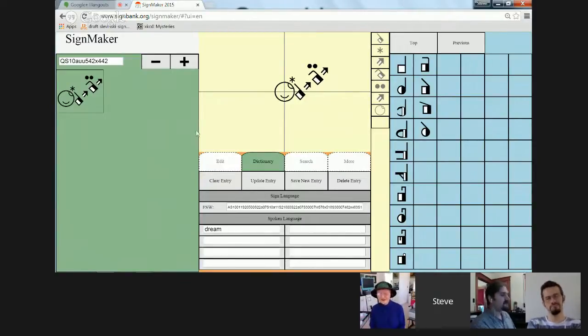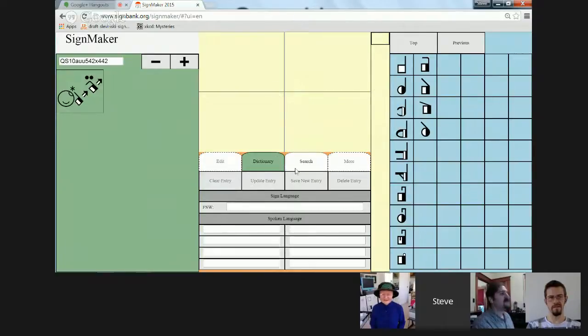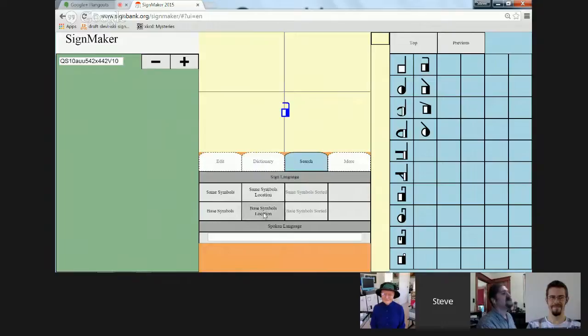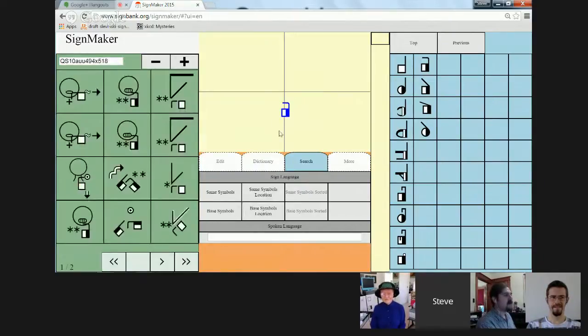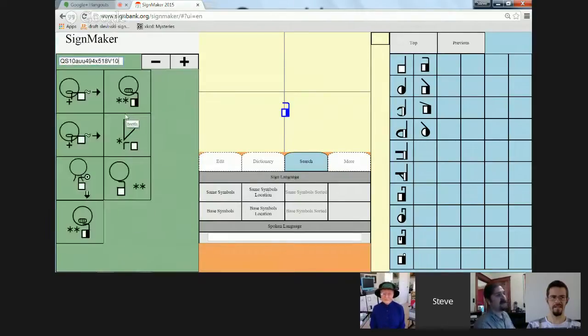That's very good, Steve. I didn't know about this. This is exciting. Right, but say if, well, there's an advanced feature. If you want to look into the query string, you can change how far away it is. So we're going to vary by, let's say, 10. Oh, wait a second. I've got to do this part first. Base symbol location. All right, so it's finding all the signs down here. It found 2 pages of it, but let's say it just varies from that coordinate by 10 rather than 20,